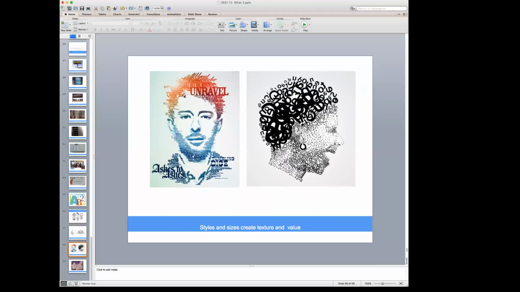Now, to get the effect on the left, this is an unrealistic effect in Illustrator. We're not able to get this kind of effect unless you take it into Photoshop, and believe me, there are some really cool typographic illustrations you can do in Photoshop, and some really cool stuff you can do with text in Photoshop. But since this is an Illustrator assignment, I'm going to show you how to do it simply, which is good for you because there's only going to be one or two ways that you can approach it, and they'll be simple ways, so something you can feel comfortable with.